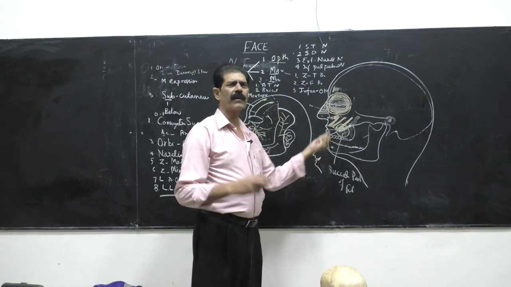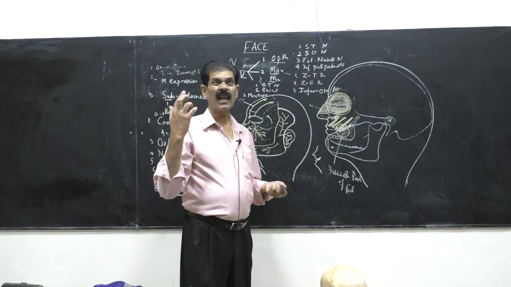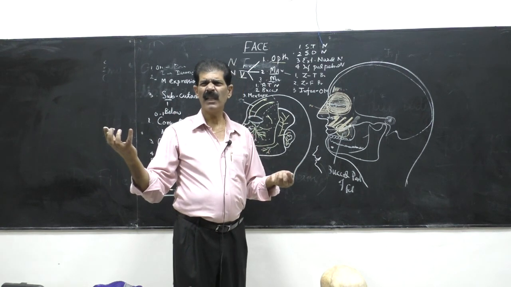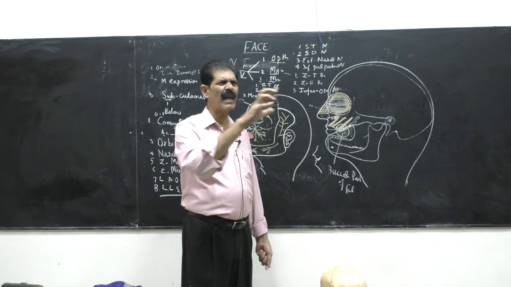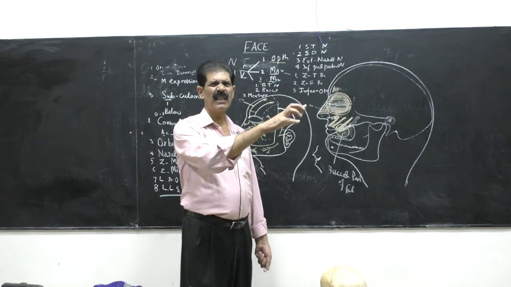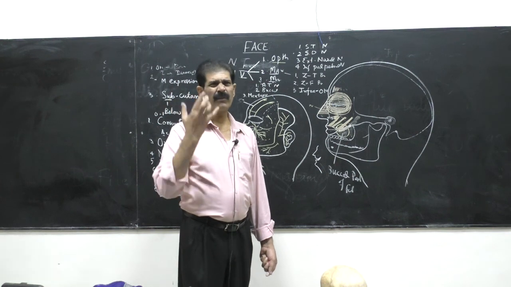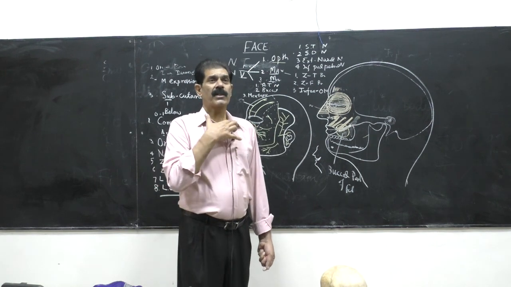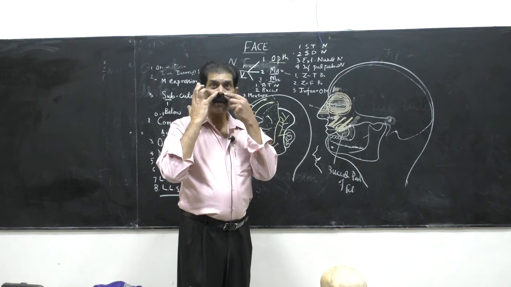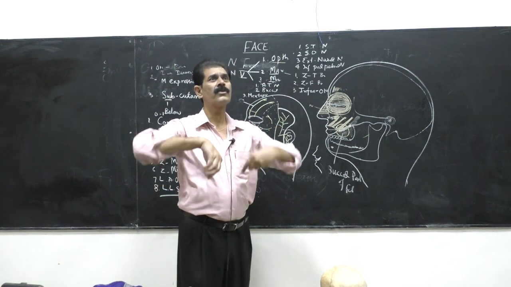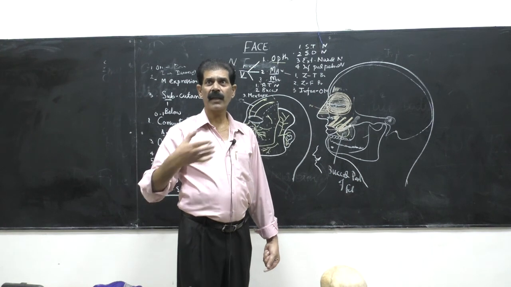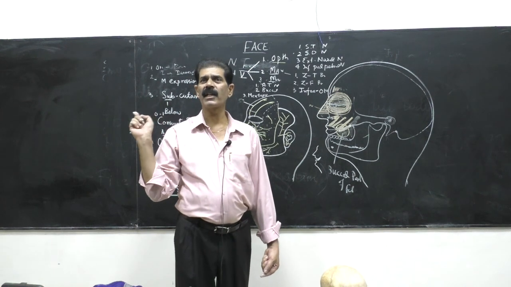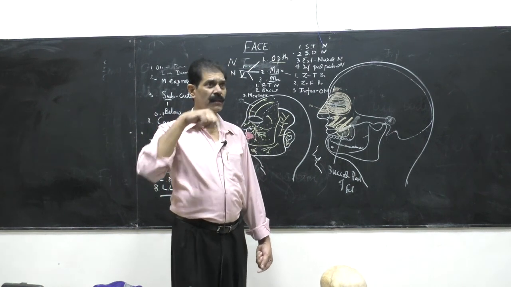When this muscle contracts, what will happen? Our nostril and upper lip go like this. Whenever we are irritated, this gives the expression of irritation, or if there is some obnoxious smell somewhere, like a dead body. Also, in a patient of bronchial asthma with obstruction, the ala of the nose becomes prominent so that more oxygen can go in. Whenever a patient has a breathing problem, this muscle helps in respiration. So it is an accessory muscle of respiration, besides being a muscle of expression.